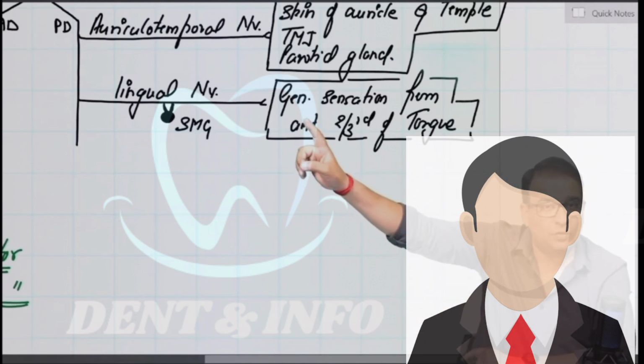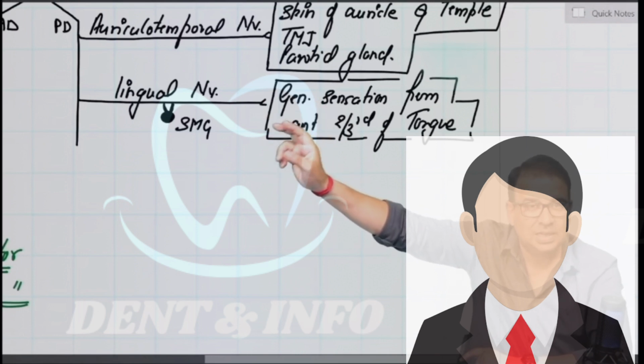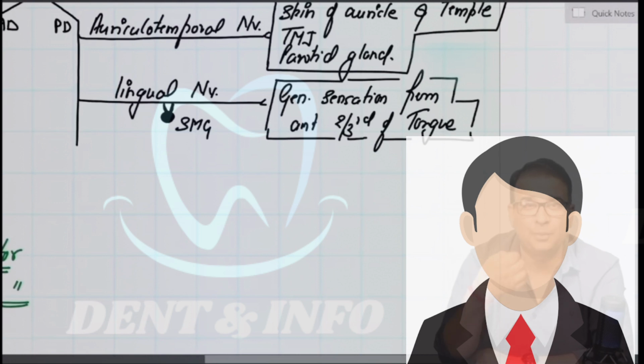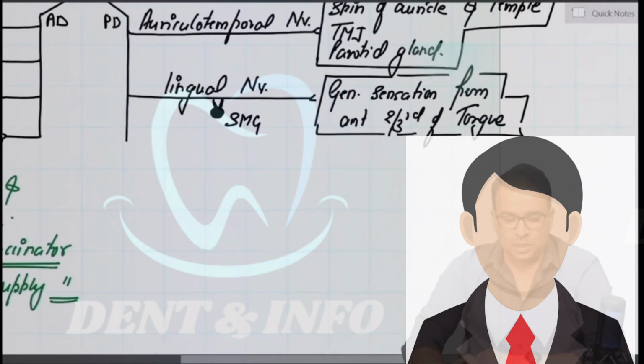So this nerve is not for the special sensation. It is not carrying the taste. It is carrying the simple, general sensation. The pressure, if you get a cut on your tongue, the pain sensation, all those are carried by the lingual nerve. The general sensation from the anterior 2/3 of the tongue. So ultimately that was A and L, and now coming to